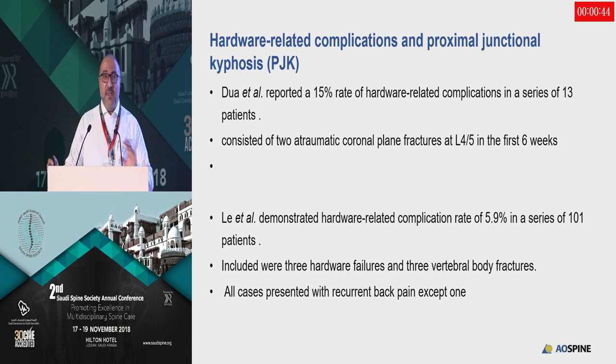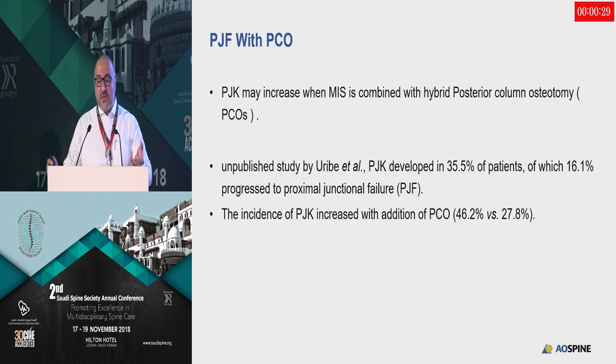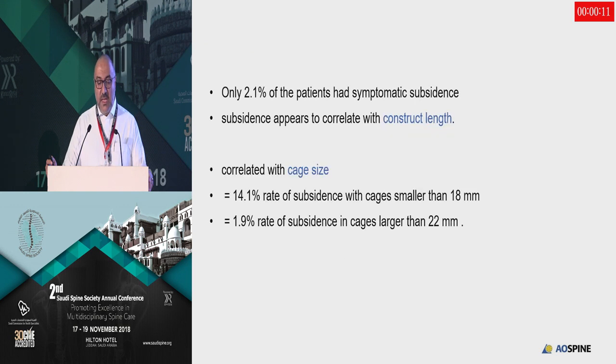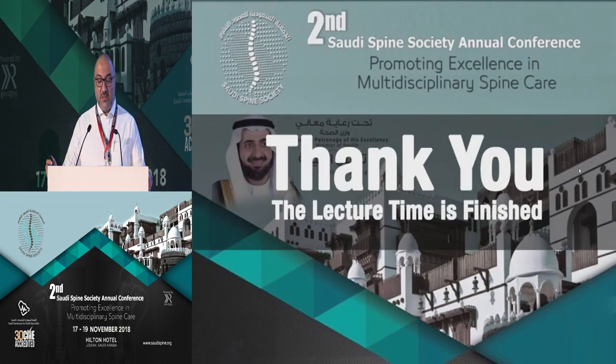One of the problems, and I have faced this kind of problem, is proximal junctional failure or kyphosis. The problem here is either you put in a cage that is too big, so there will be migration and subsidence, or sometimes when you do a posterior decompression, posterior column osteotomy, and then the anterior cage, this can also lead to kyphosis. Subsidence, as we mentioned, in the anterior approach is about 14%, and out of that 14%, only 2% of patients have symptomatic subsidence. Rhabdomyolysis is a rare complication, but very, very important, with destruction of the muscles, and it's also fatal. So what I need